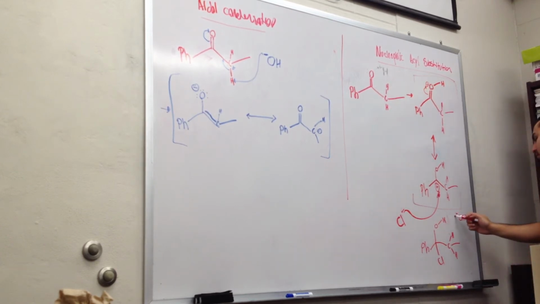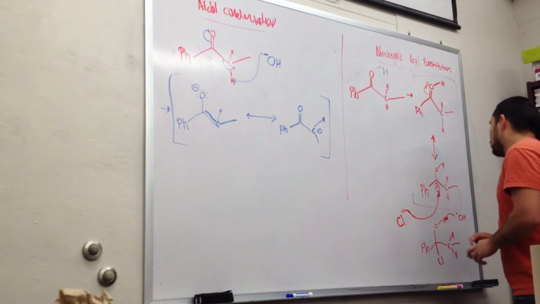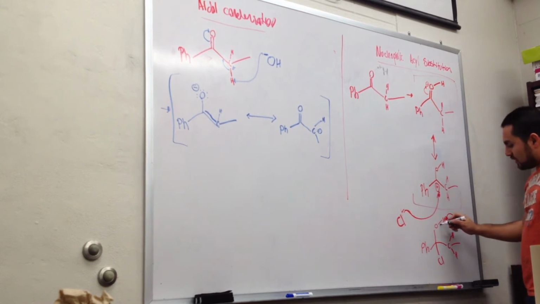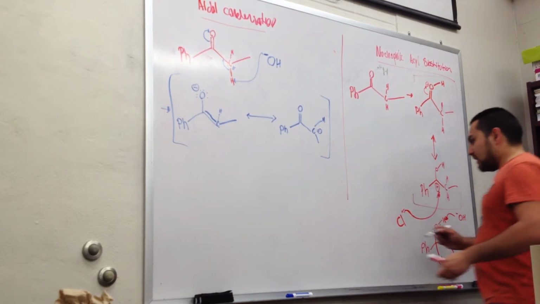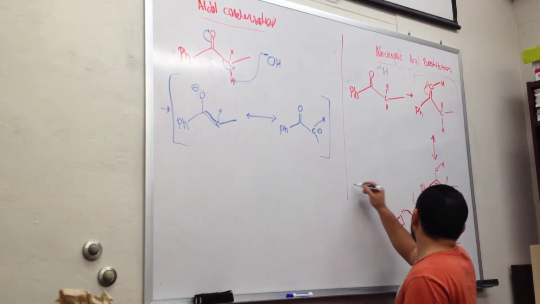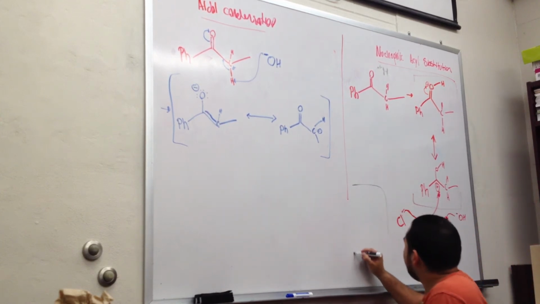So this base will now come here, will take this proton. These electrons are going to go here, and now this is gonna let go of that. And my final product, right, will be my phenol,